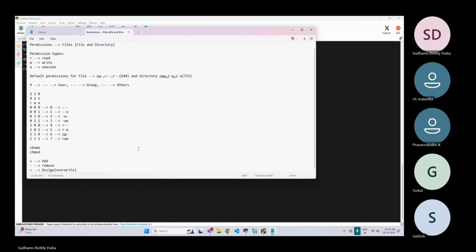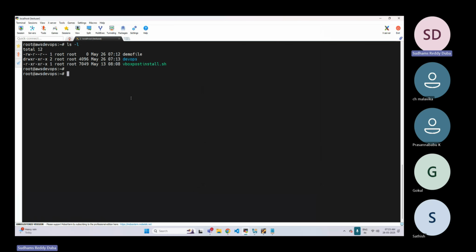Now, my requirement is I want to change the permissions of this particular file. The requirement is I want to give execute permission only to the user. I don't want to give it to the group and I don't want to give it to the others. That is the first thing. Listen carefully to this particular question. I want to give execute permission to a user. What does it mean? Forget about group and others. That's the meaning of it.